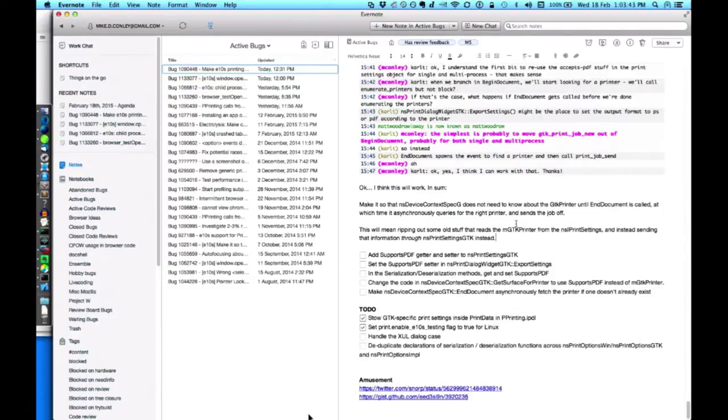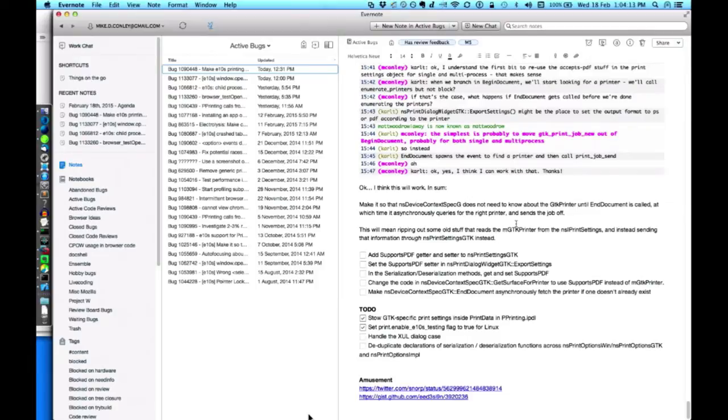No problem. Except on Linux, it's a slight problem, because on Linux, it's not very easy to just pass a name to the GTK framework and get a printer object back. You can't just do that. What you have to do is enumerate all of the printers, and one by one you check to see if the printer name for each printer matches the one that you're looking for, and if so, well, then you found it.